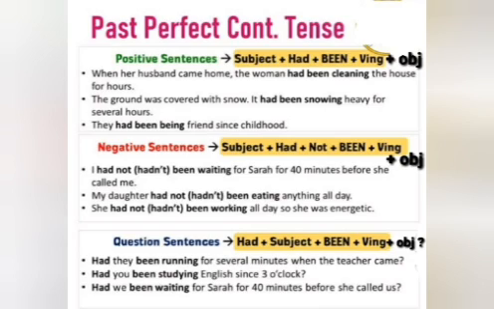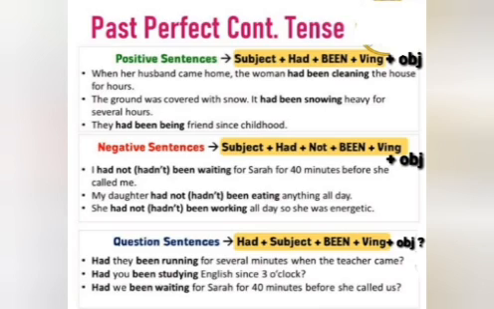Here in the sentence, the verb is had been cleaning, since the past perfect continuous says the action had begun before a certain point. So here the certain point is the arrival of the husband at home. That is the specific point, that is the specific time. The task of cleaning the house had already begun before this particular point of time, and it is still in process, which has taken hours. Take another example. The ground was covered with snow. It had been snowing heavily for several hours.